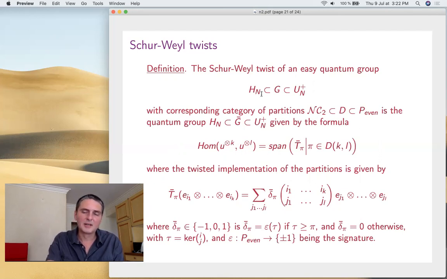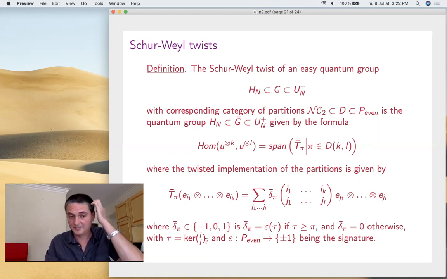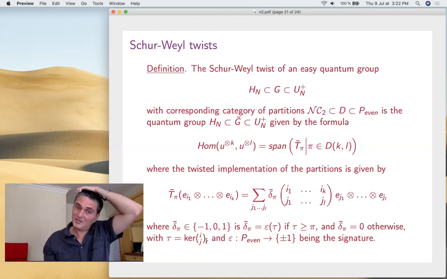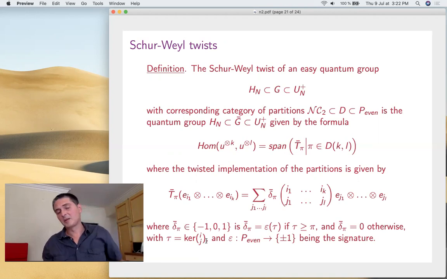So anyway, under a mild assumption, the twist is given by the same formula as before, so it's just partitions, but the implementation of the partitions is different. The Kronecker symbols are now signs. They take values -1, 0, 1, with the signature of a certain Ij coming in. It might seem a bit complicated at first, but it is extremely powerful because this